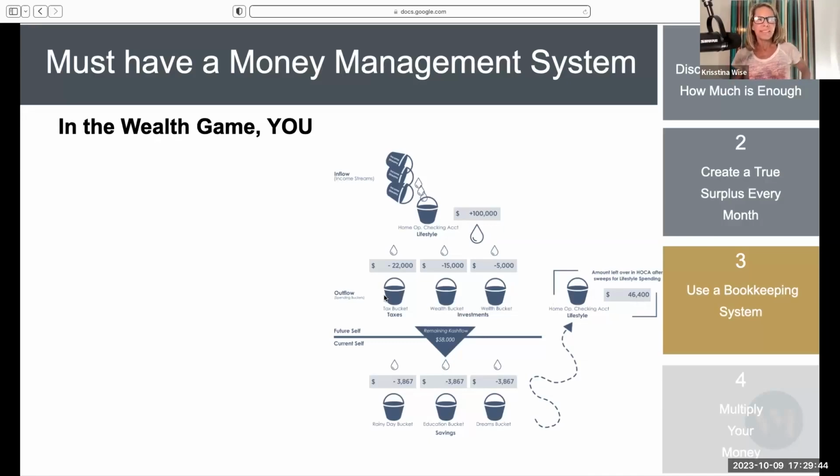a job. The money in this bucket, the job here is to pay taxes. The money in this bucket, the job here is to buy an asset. The money that's in this bucket or this account is money that goes into the chiropractor or the spa or the massage or whatever we need to do to take care of ourselves. The money in this bucket goes towards rainy day because we always have a rainy day. This money, the job is maybe education for our kids to make sure we're putting money there. And this is for maybe a vacation or something that would go in our dreams bucket, is to give all